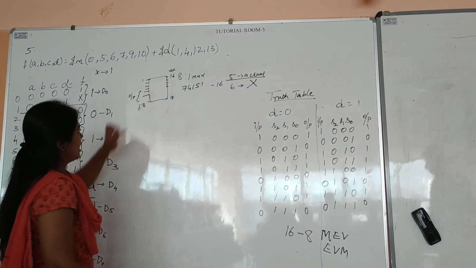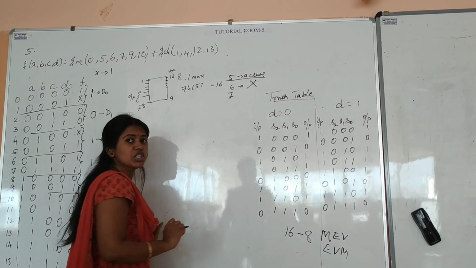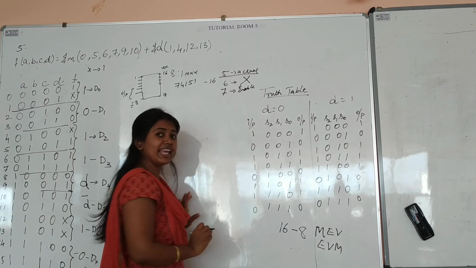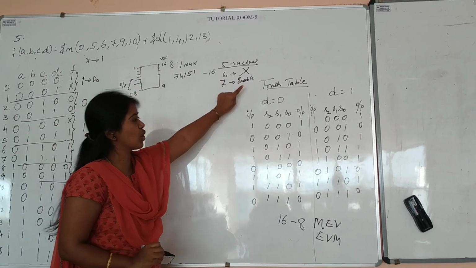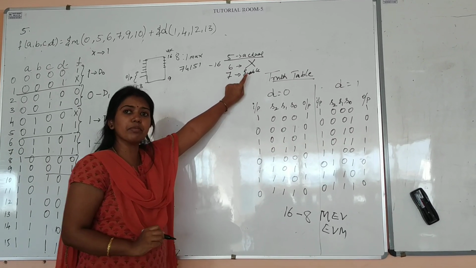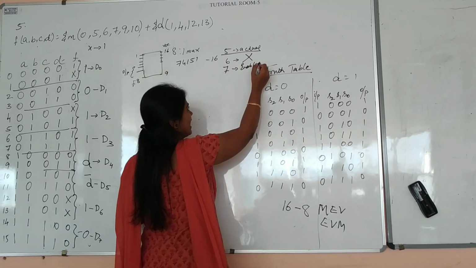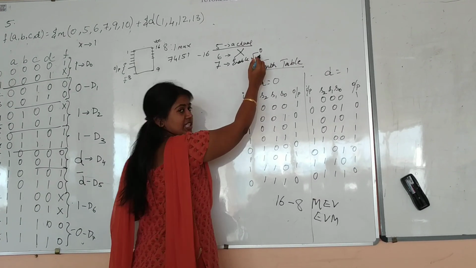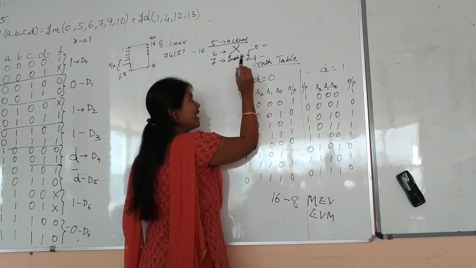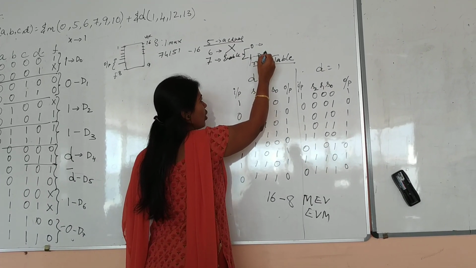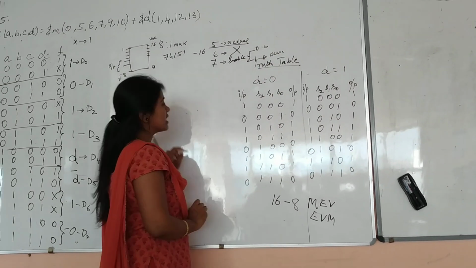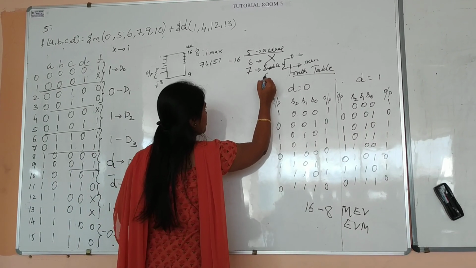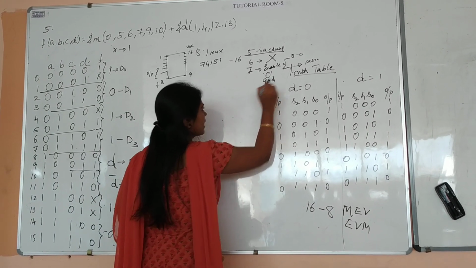Next we have pin number 7, which is an enable pin. To enable this particular IC, we need to make use of this enable pin. Sometimes you enable an IC by giving enable equal to 0 or enable equal to 1. If you enable the IC by giving 0, they are called active low ICs. If you enable an IC by giving 1, then they are called active high ICs. So this MUX IC is an active low IC. So what you need to do? Pin number 7, you need to give it to 0 or ground.